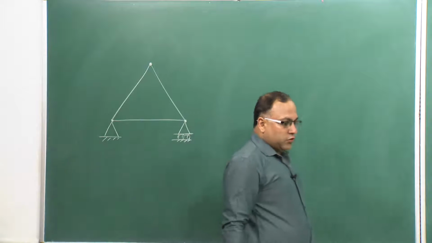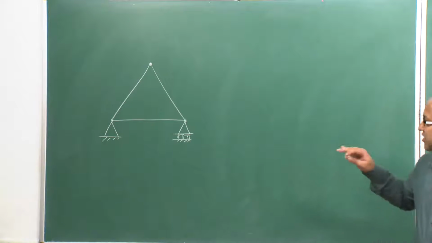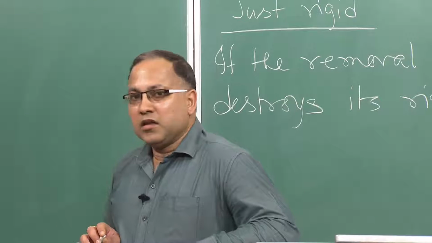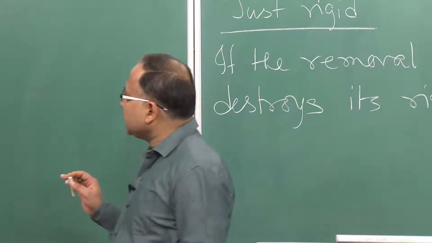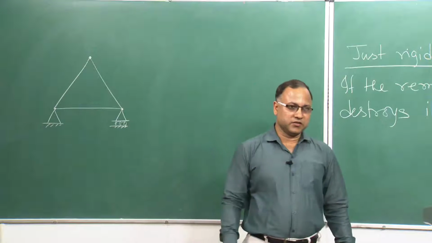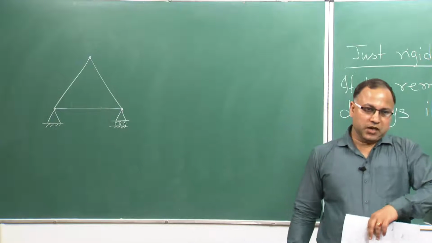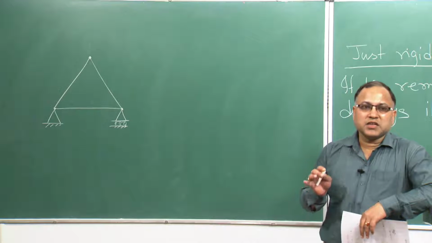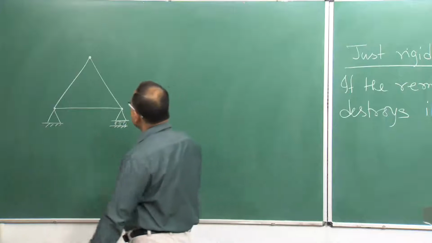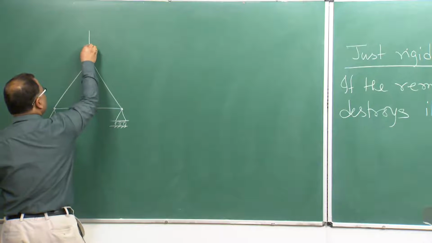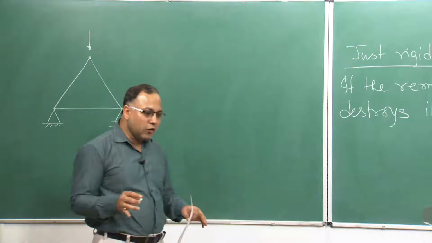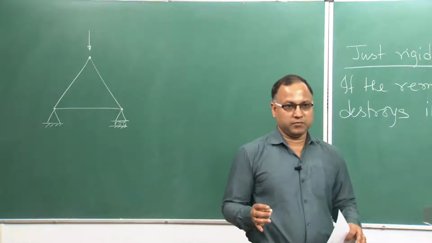If you consider this elementary truss made of three members with three joints, I can say this truss is a just rigid structure. Why? Now, if you apply a load here,